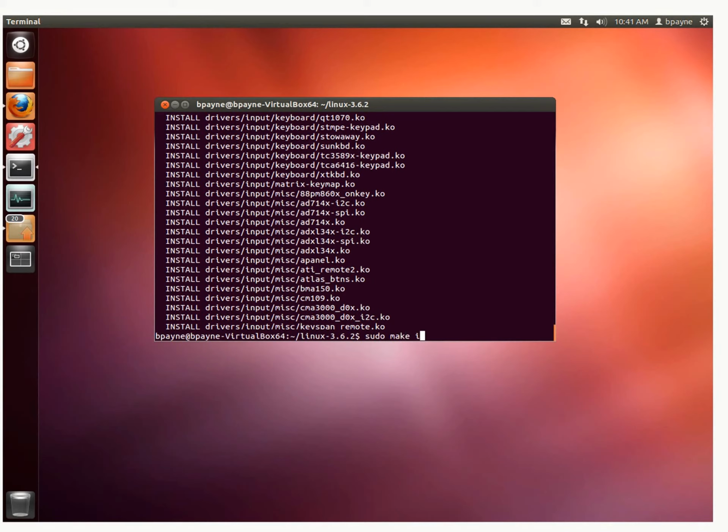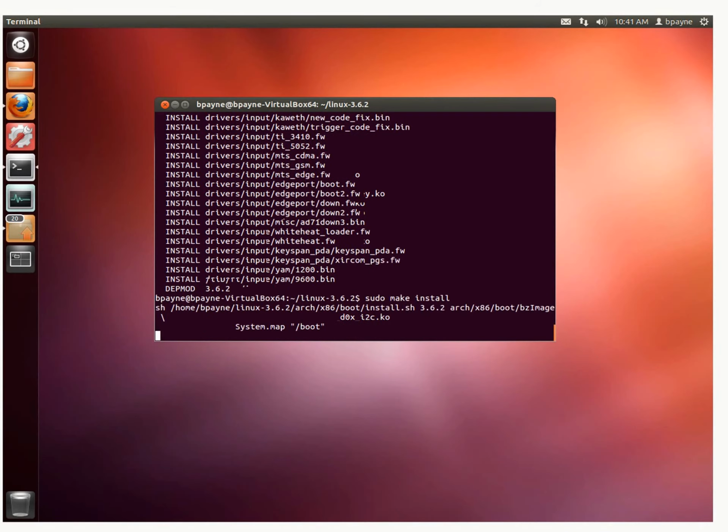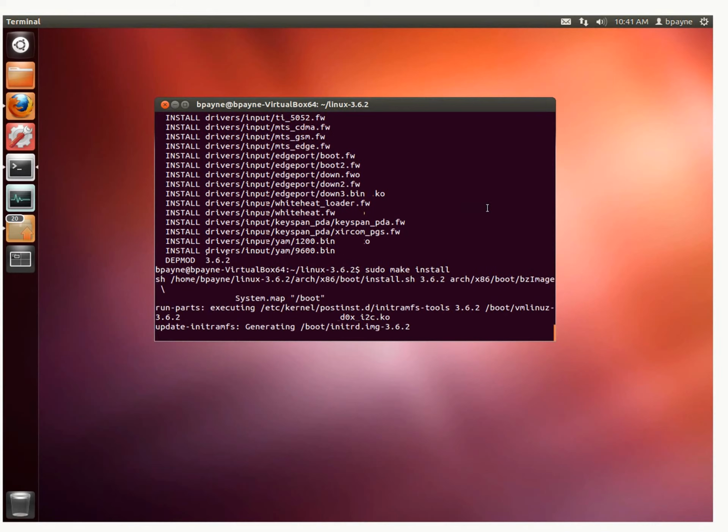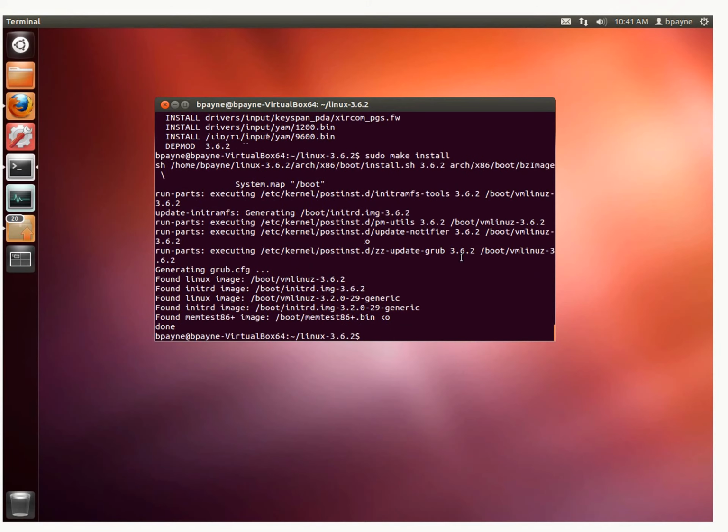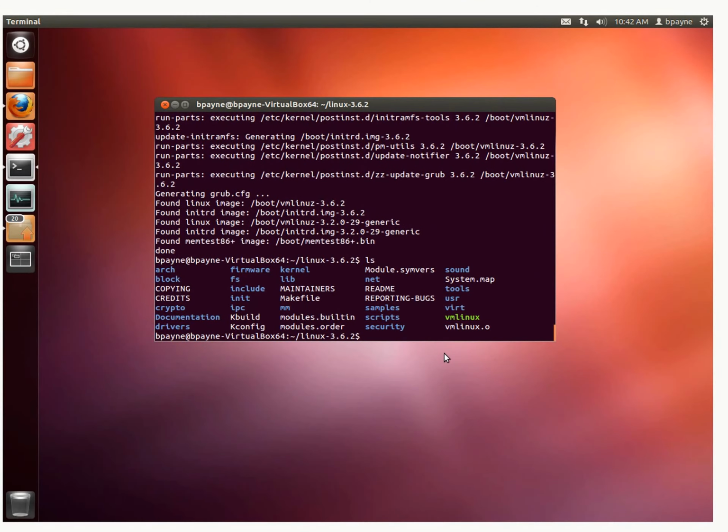Now we'll run sudo make install. So now we have the vmlinux kernel, and then we installed it with sudo make modules_install and sudo make install. Right now we're still running the old kernel,